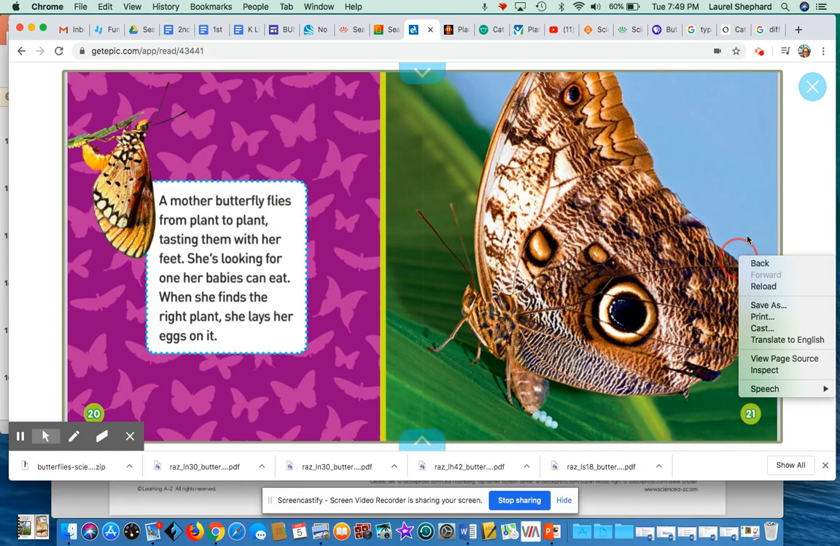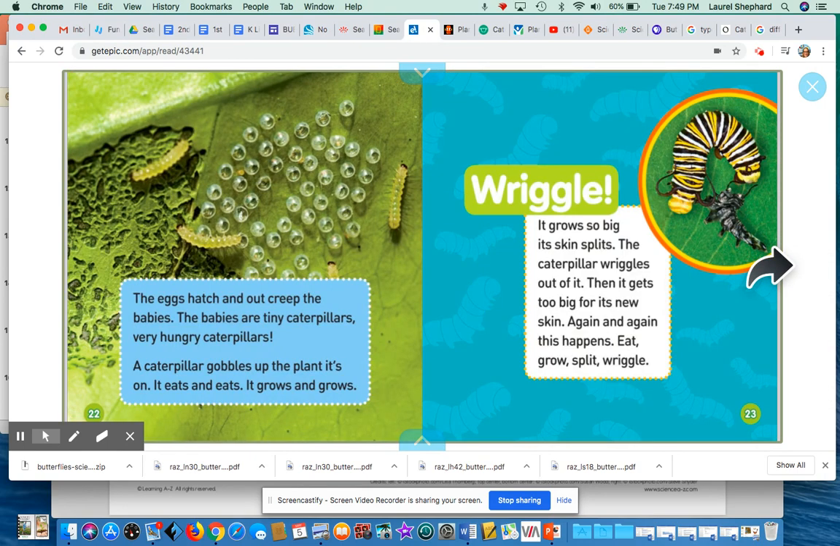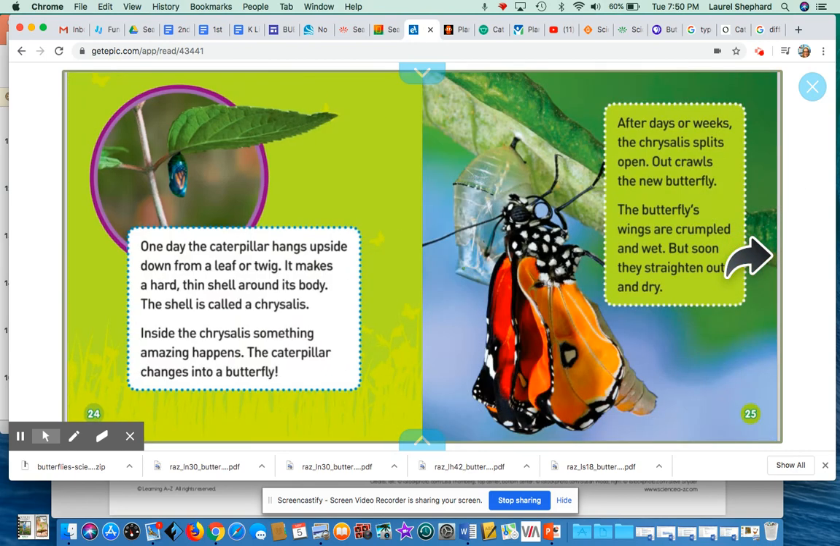Okay, let's go. This is about a mother butterfly. Now here's the life cycle. I'll go through it quickly. You have the eggs that were left by the mother. Some of them have emerged and are now caterpillars. The skin is splitting. We saw that image before. The caterpillar will hang upside down, form a chrysalis, and after a few days or weeks, the chrysalis will split